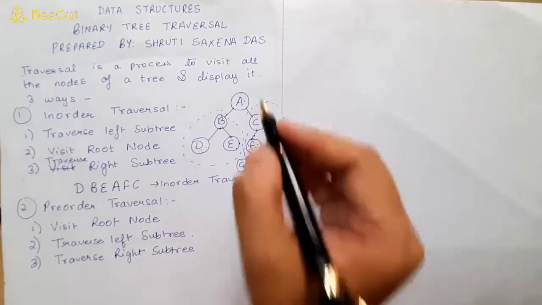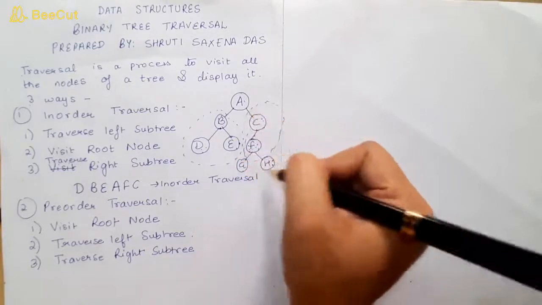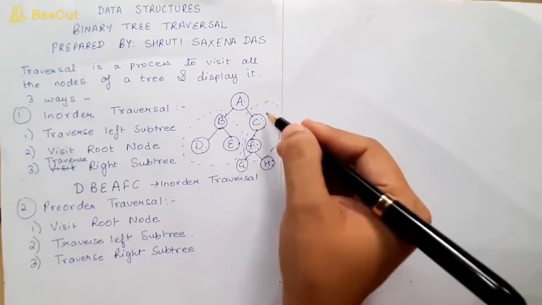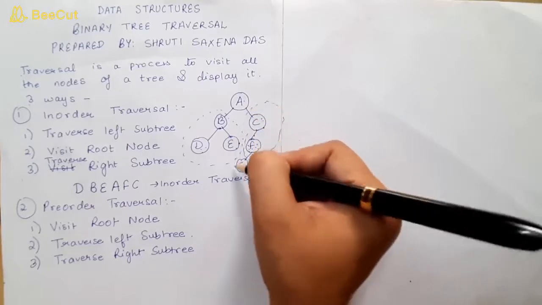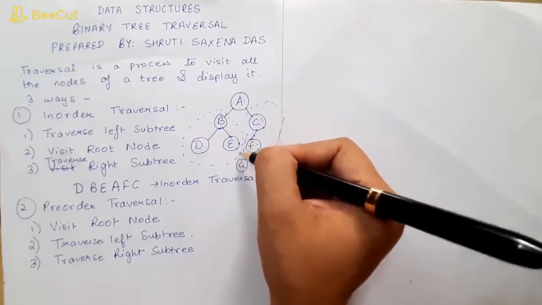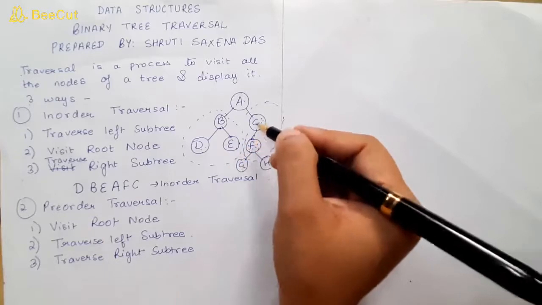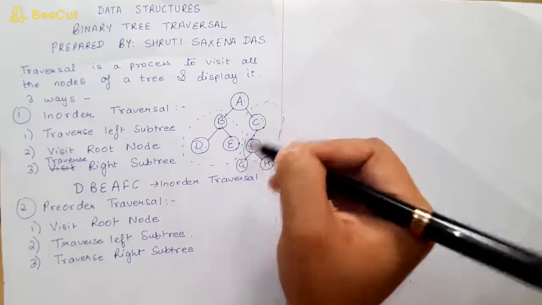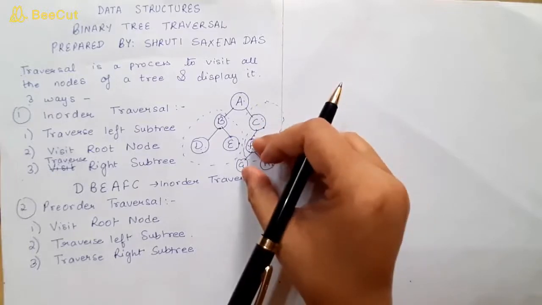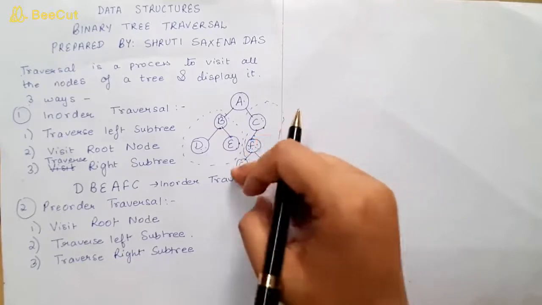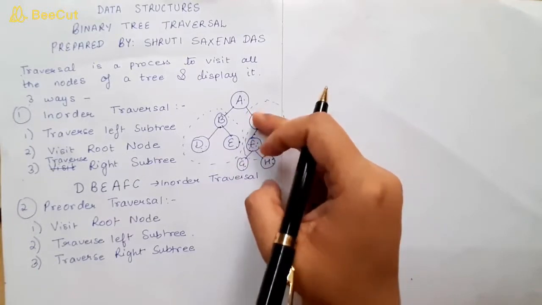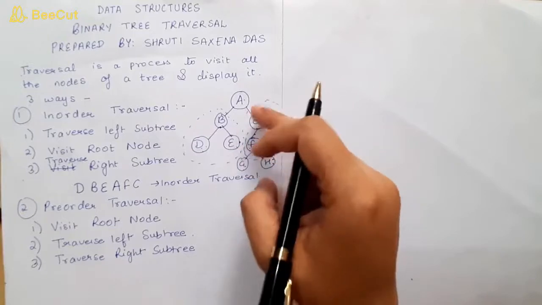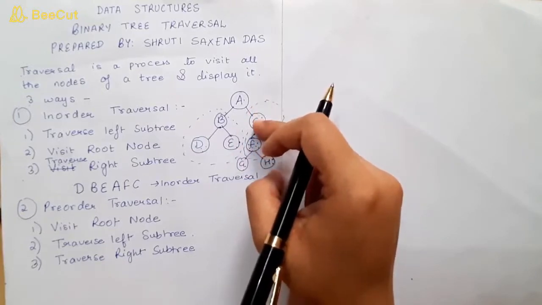Okay, this is the subtree of A, right subtree of A, and in the right subtree of A, C is the root node, and in the left of C, again you are having a subtree. So what we are doing, basically we have to recursively solve this. When you get a tree, again you have to apply in-order in this also, like G, F, H. In-order means left, root, right. Then again you will move to the upward subtree, and for that again you will apply the same algorithm.